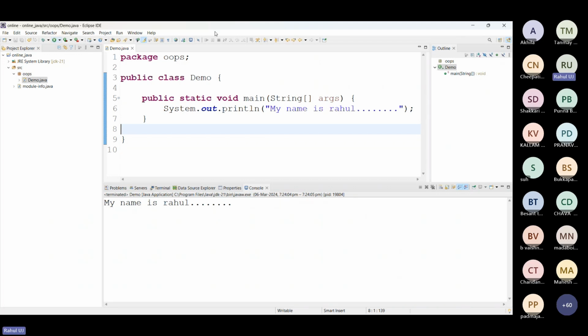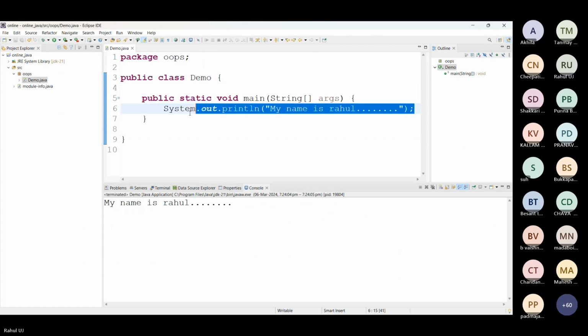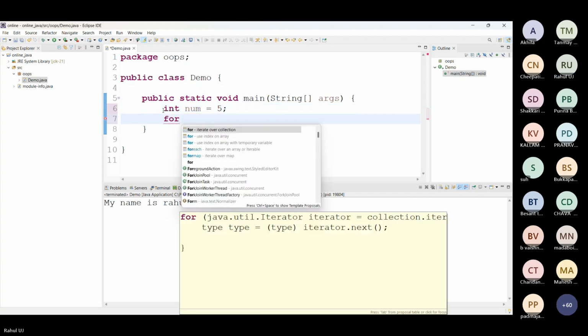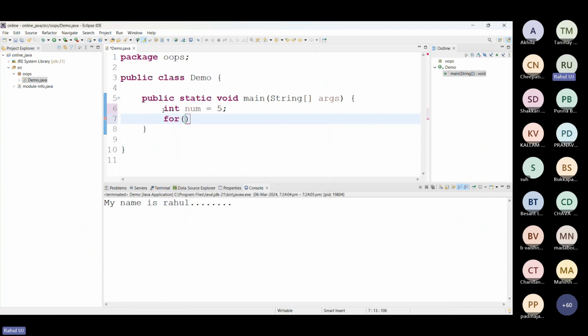For example, int num equals 5. For the for loop, you will not get a basic for loop, you will always get the advanced for loop. int i equals 1; i plus plus; i less than or equal to.